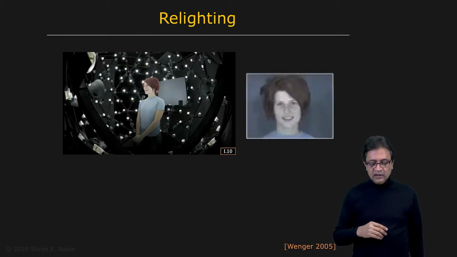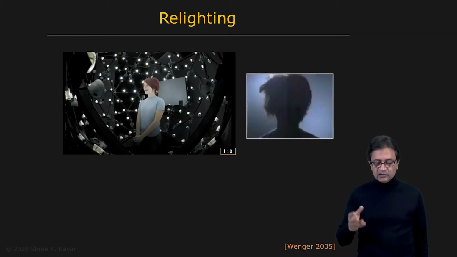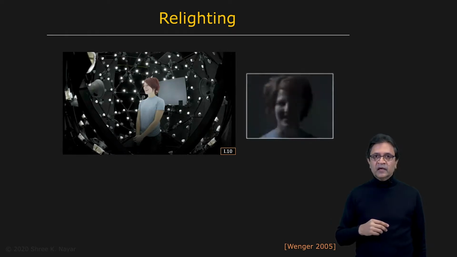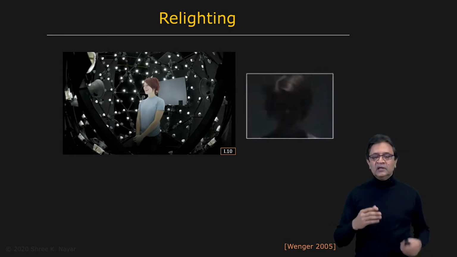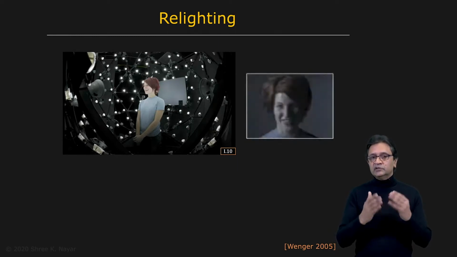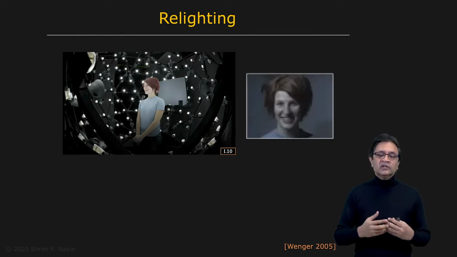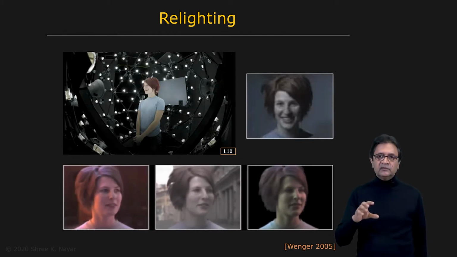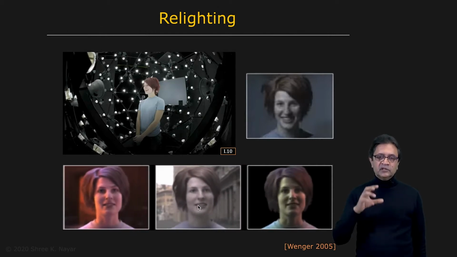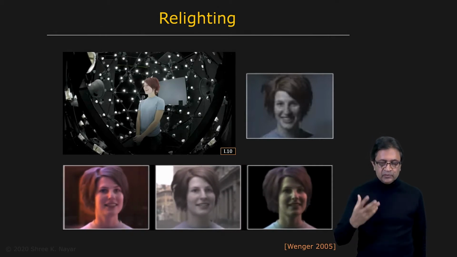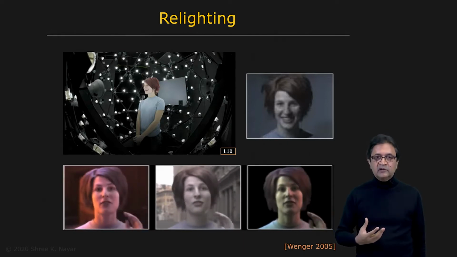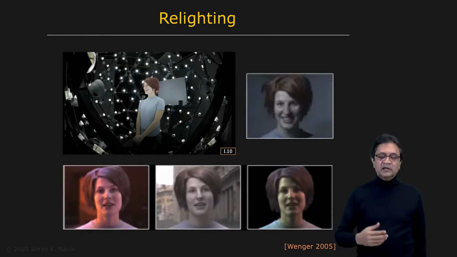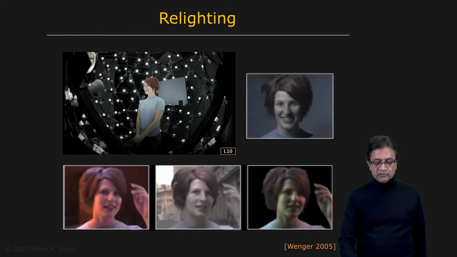So this is what the high-speed video would look like. You're seeing that the light sources are being scanned extremely fast. And once you have this information, you can take linear combinations of these different images within a short duration in order to predict what this person would look like under any arbitrary illumination. So that's what's being done here. You can see that these are three different lighting conditions that the person is being dropped into, and their appearance is made consistent with the environmental lighting by simply taking linear combinations of images that were captured using the light stage.